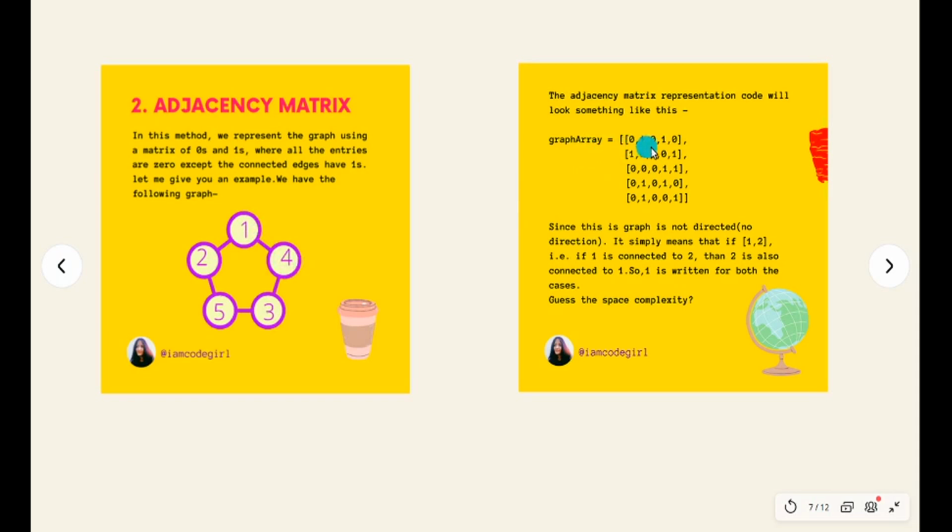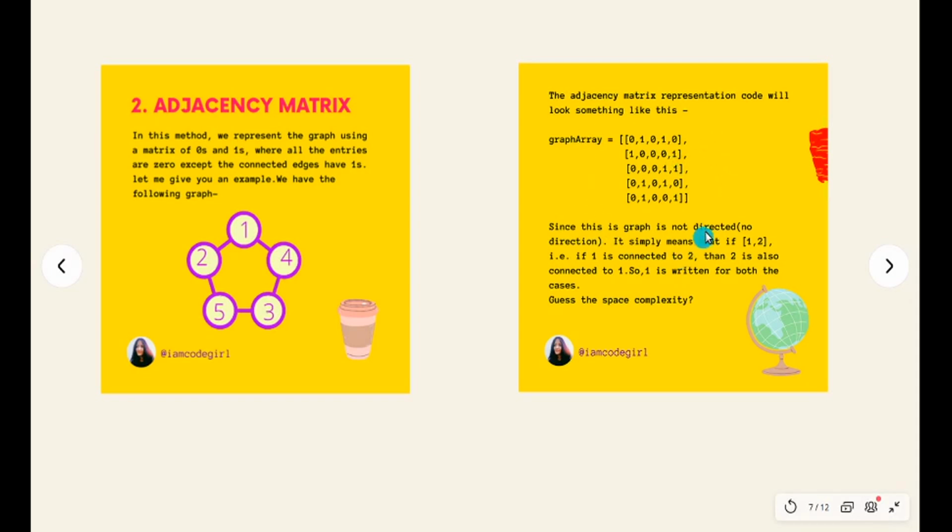Like 1 and 4 are connected, so in the first row fourth column we write 1, and 1 and 2 are connected, so first row second column we write 1. So 2 and 5 are connected, so what will we write at the second row fifth column? We'll write 1. Alright, I hope you got the basic idea.